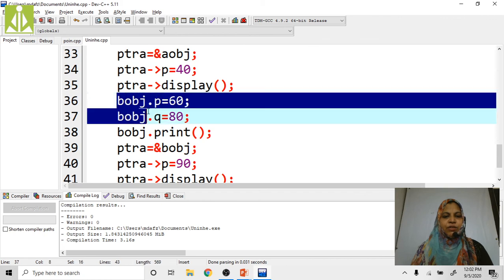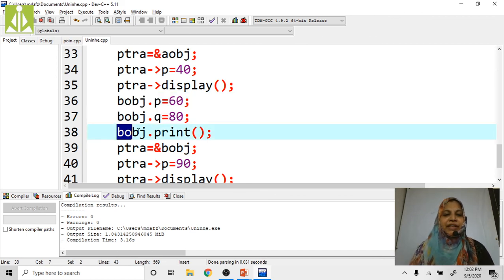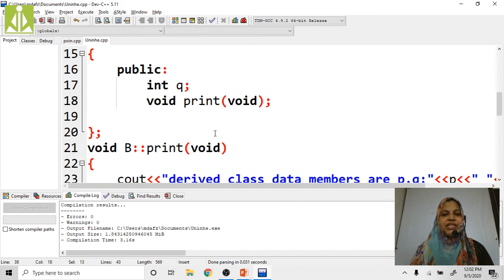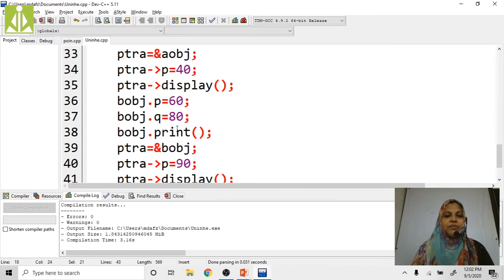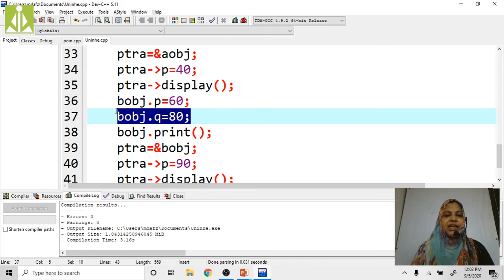Now by using this obj object of class B, we are assigning the value 60 to p, 80 to q, then bobj.p, directly we can access p comma q. By using the object, we can access the q and this print function. See here, by using this object we can access this q, right?